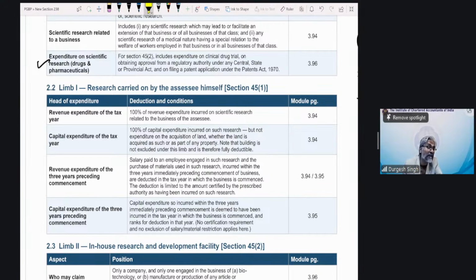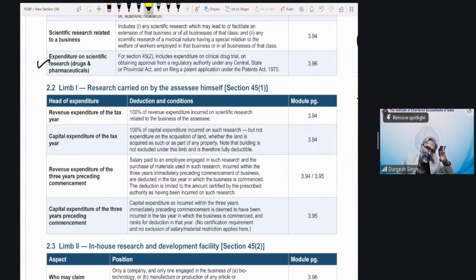But somebody will say, sir, but the building is not yet ready. There is no put to use. Doesn't matter, students. The rule of depreciation allowance is for the asset which is used for the purpose of business. That rule is different. There, the depreciation is allowed in respect of the asset which is put to use, and unless the asset is put to use, it will not form part of the block, and unless it forms part of the block, it is not eligible to claim the depreciation. That is the entire architecture of depreciation allowance.